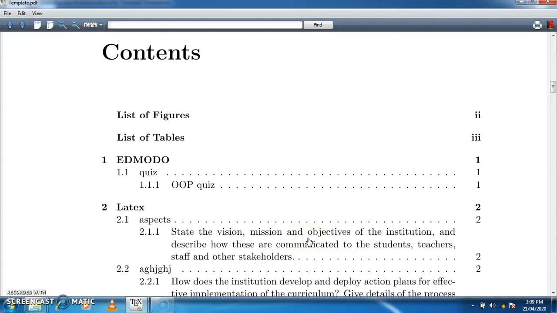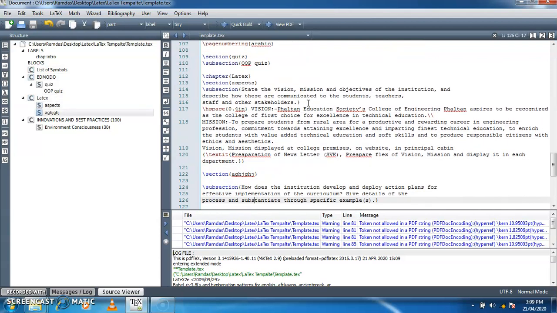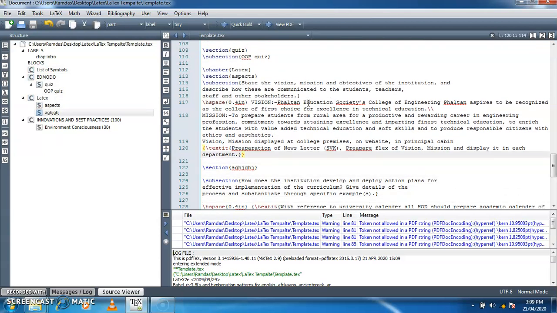The benefit is that generally, whenever we are preparing the index manually, there are chances of a mismatch in the page number and its corresponding chapter, section or subsection. Now whenever you want to make changes in the file, as we have seen in the last session, the chapter command is used to include a new chapter.